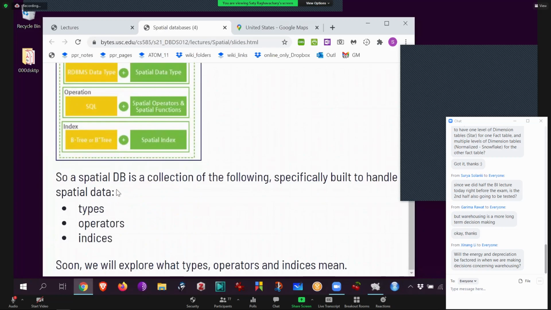All right, so ultimately then a spatial database is built with types in mind, those types, points, lines, polygons, operators such as inside, outside. So imagine you have a CS building, already the Department of Public Safety knows the coordinates of the CS department. Suppose they have our phones, GPS that they can track. Say there's a massive earthquake. They can very easily find out how many people are still trapped in the CS department because the database will literally tell them this particular point, this person's GPS is inside the CS department. So run in there and get them. That is very cool. That's also an operation, inside, outside.